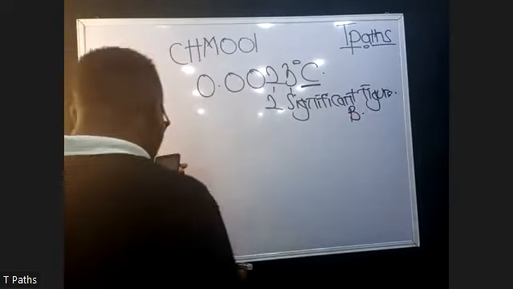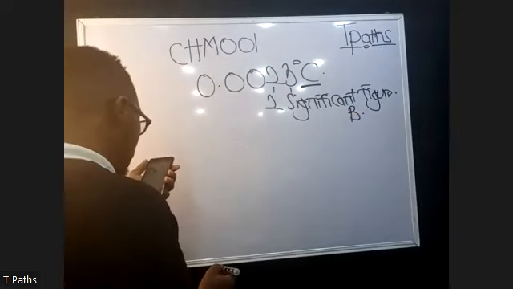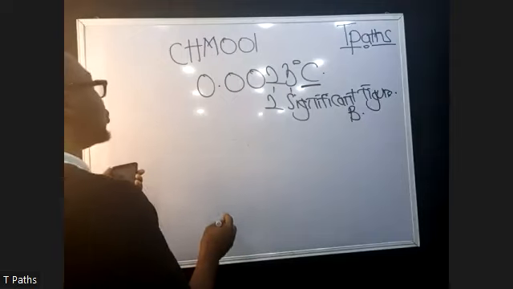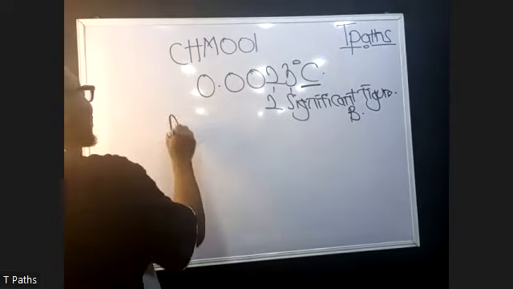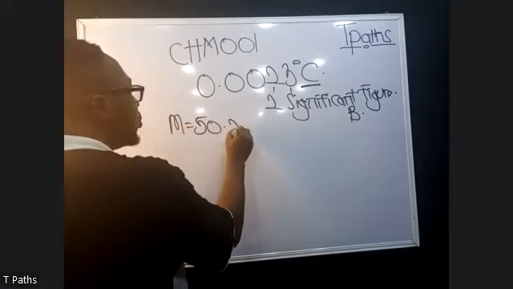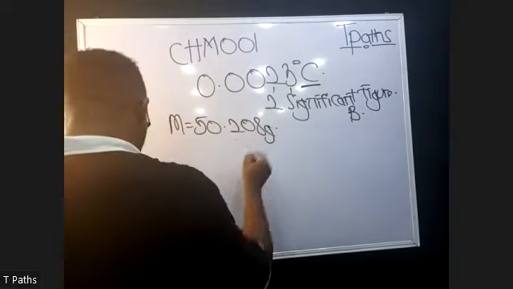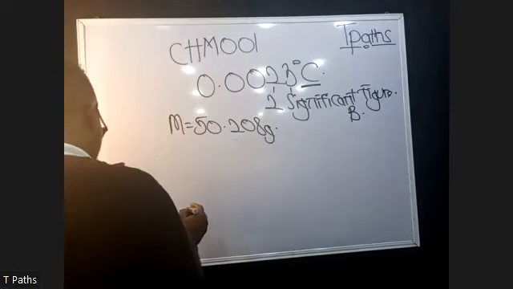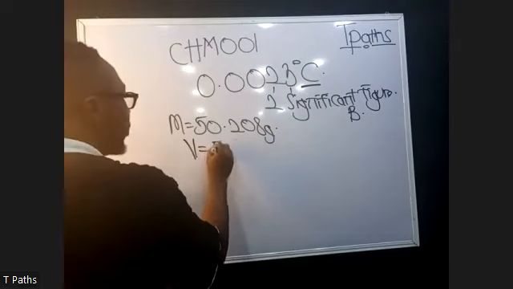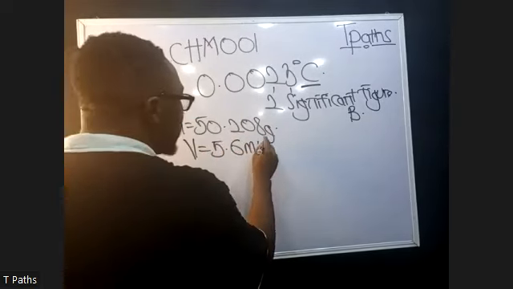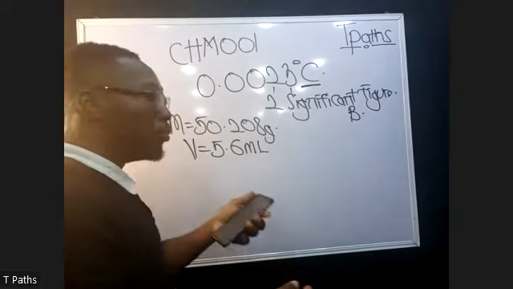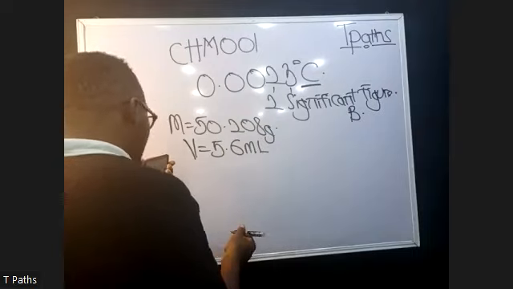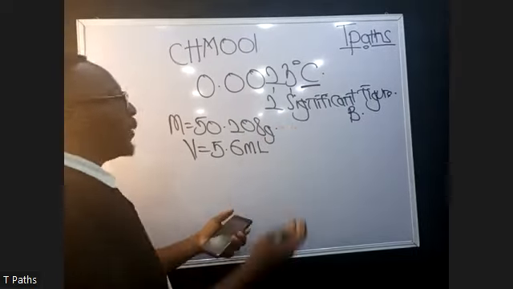For question 2, the mass of a metal cylinder was determined on an analytical balance to be 50.208 grams. So the mass is equal to 50.208 grams. The volume of the cylinder was measured and determined to be 5.6 mL. So the volume is 5.6 mL. mL can also be said to be centimeter cube. The density of the metal cylinder expressed to the proper number of significant figures is,